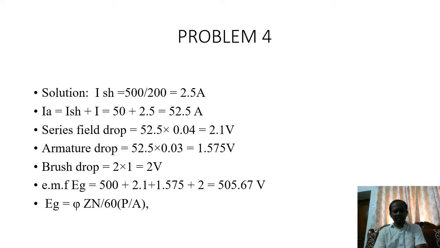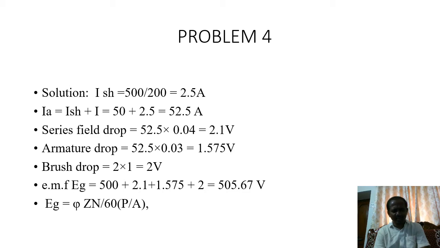And next, you can calculate the number of conductors, because the machine is rotated at 1200 rpm and there is a flux. Calculate Z. E is equal to this equation, right? Insert all the values and you will get the number of conductors Z. Here the unknown value is Z, the known value is N, and P by A according to the type of winding.